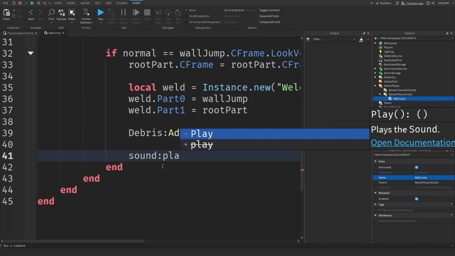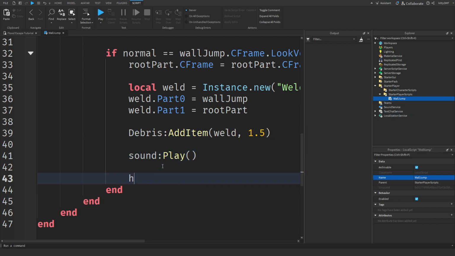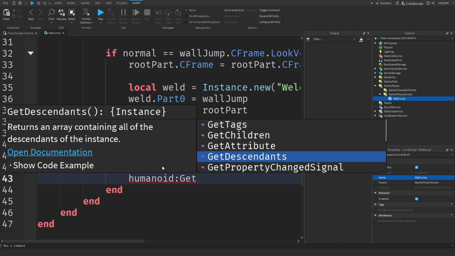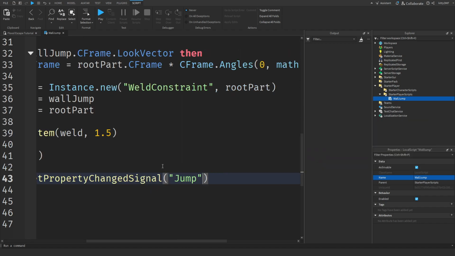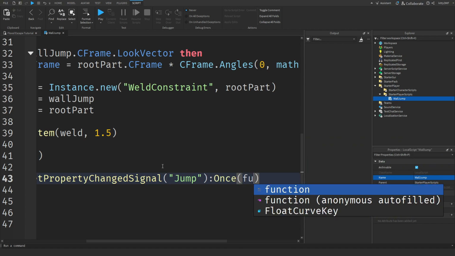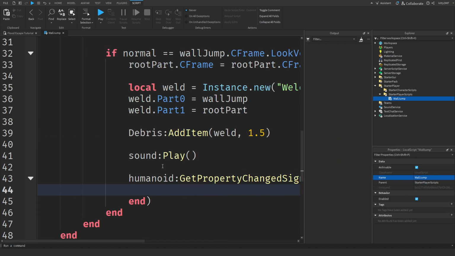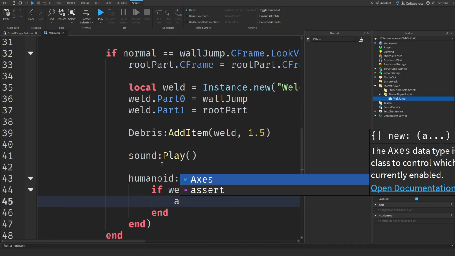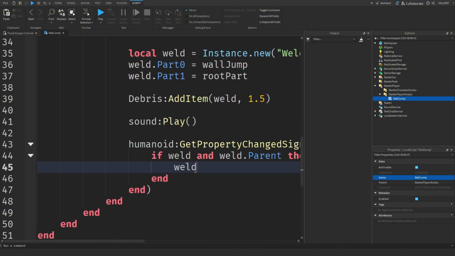Also, we can also play the sound. And then once our humanoid, get property changed signal, jump. We're going to connect this into a function. If the weld exists and the weld has a parent, then we can destroy the weld,